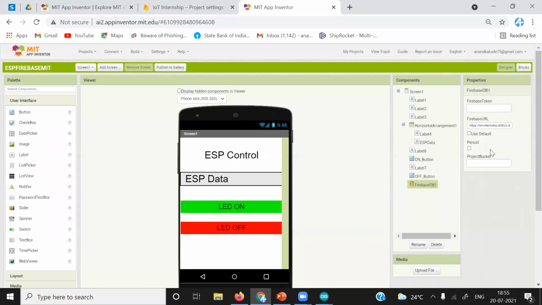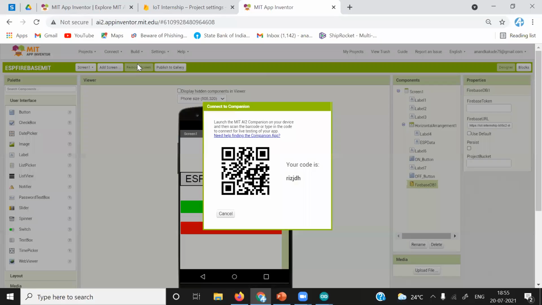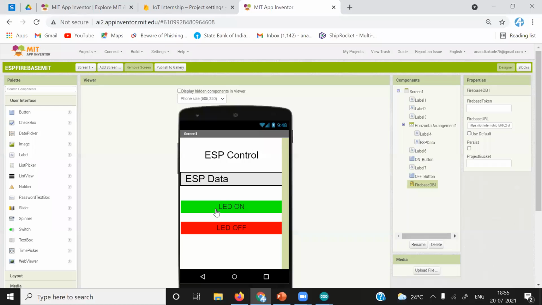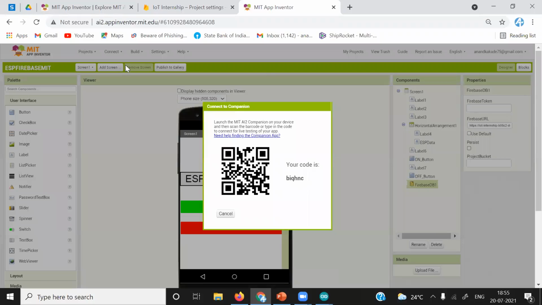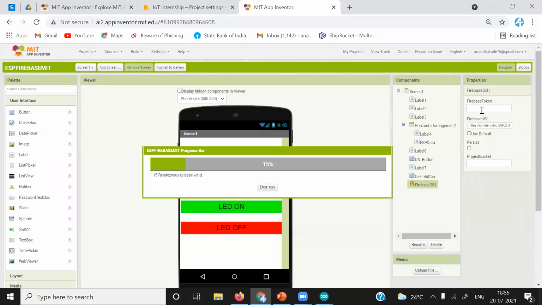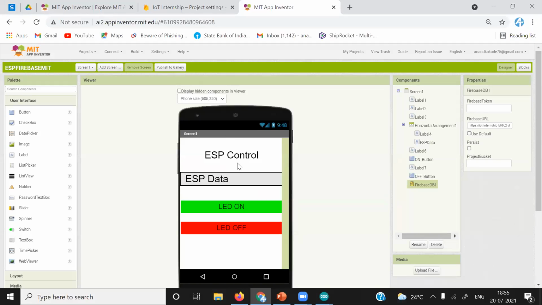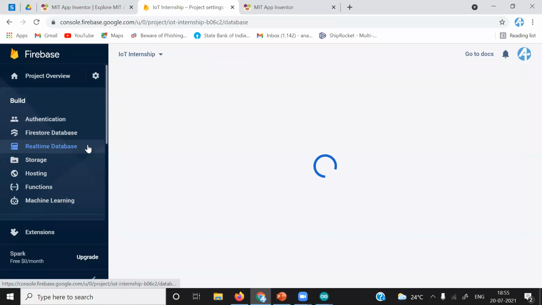Now I have refreshed. I will connect it again. I'll cancel. We have not put any Firebase database secrets here, and still we are installing this application to see whether we are able to interact with Firebase or not.